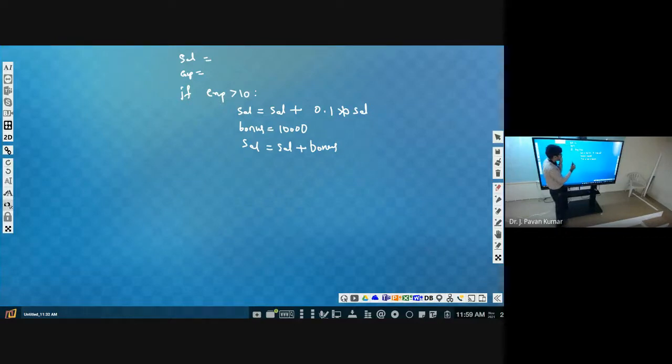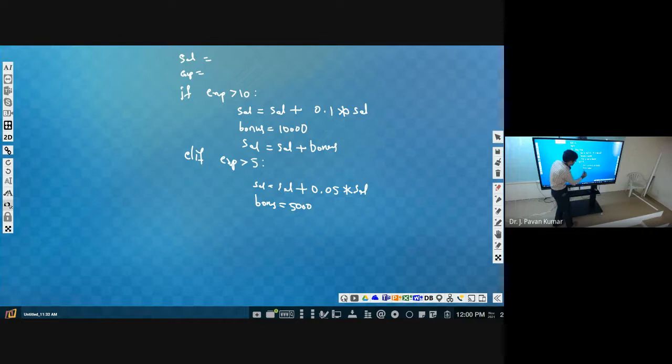Next else if experience greater than 5, then salary equal to salary plus 0.05 times salary. Next bonus equal to 5,000 and salary equal to salary plus bonus. Next else, because less than 5, even if you have 0 also something will be there.